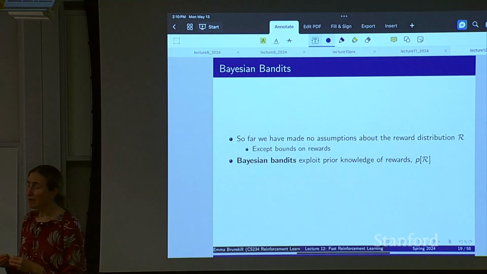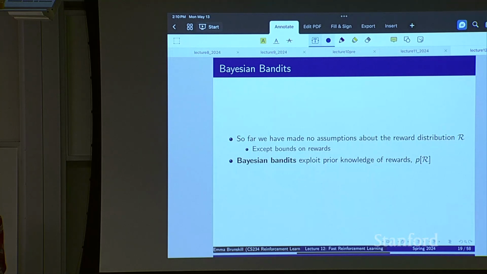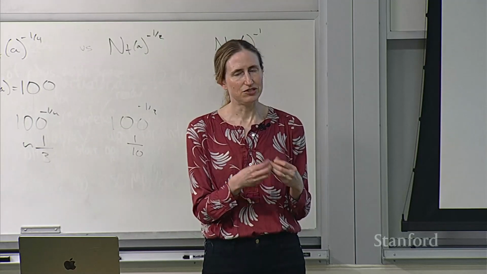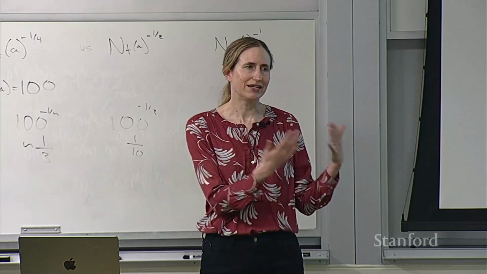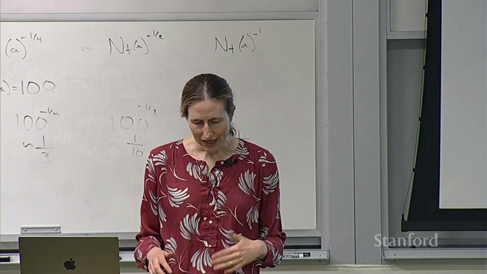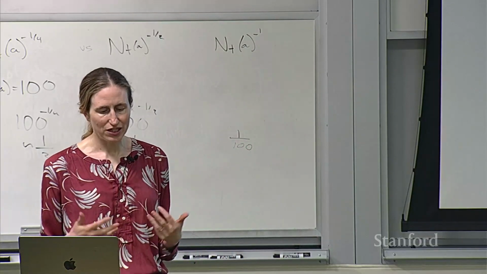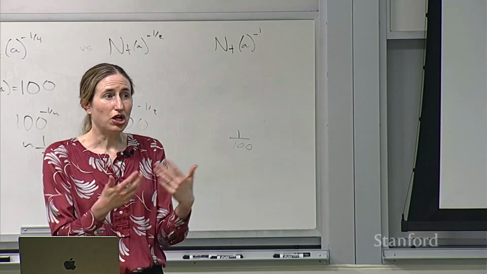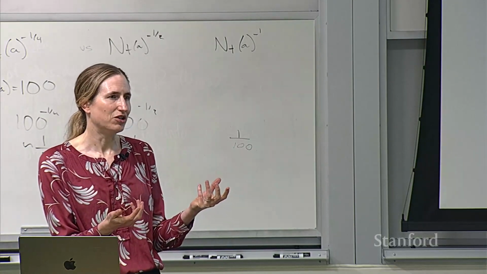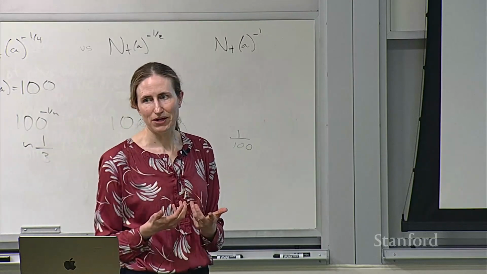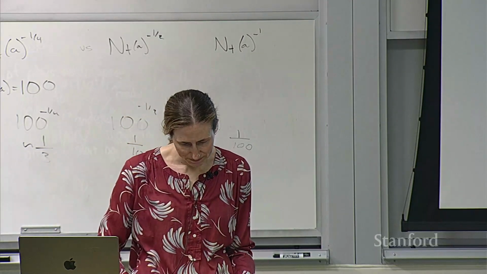And when we're being Bayesian about this, we're actually going to leverage knowledge we have about the structure of the way the rewards are generated. And what I mean by that is normally some particular statistical model. So it's a Gaussian model, or it's a Bernoulli model, things like that. And the reason that that might be helpful is that often if we're doing these in a domain like public health or others, people might know lots of information about what the reward structure is, and could we leverage that to get better algorithms and better performance?